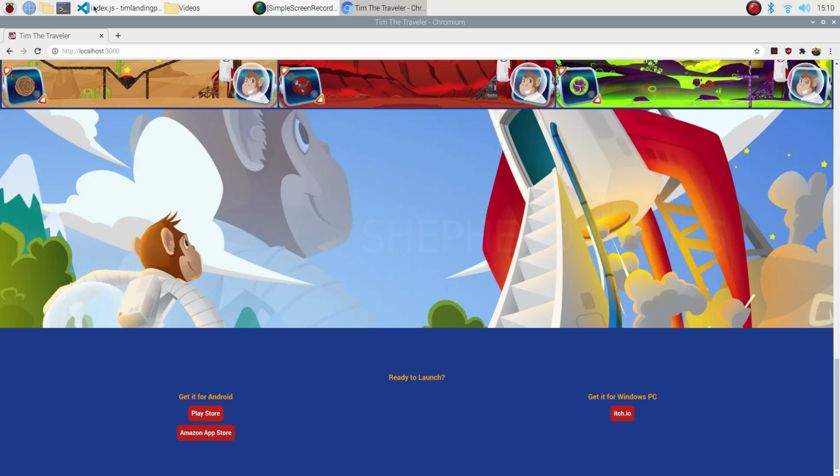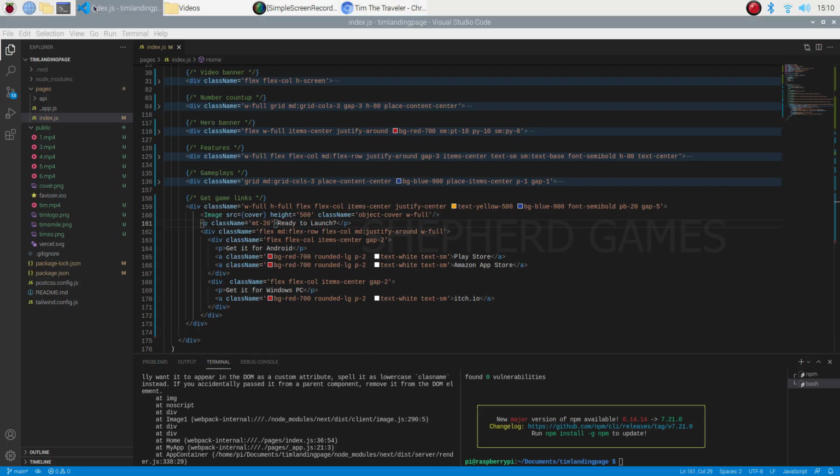Let's go back to VS Code. Let's make the ready to launch bigger, and also let's add the contact form at the bottom. So ready to launch, we can reduce the margin and fonts. Okay, text size should be XL, and at the bottom